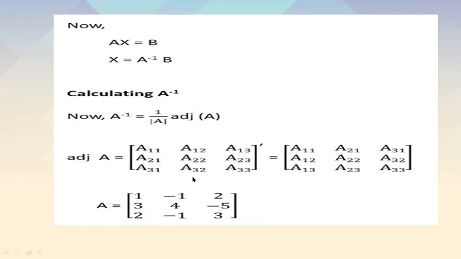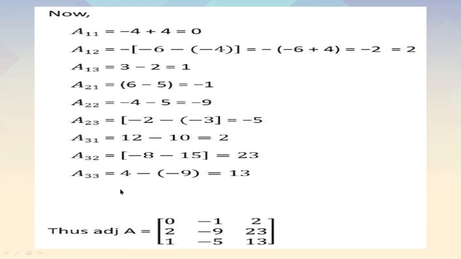Same process that we applied in the last question. We have just seen, adjoint is the transpose of the cofactor matrix. We have taken the transpose. Then A matrix is this. First of all we will calculate all the cofactors. I skipped that step of finding minors. I hope you all know how to find them now. And then we will input all these values in this matrix.